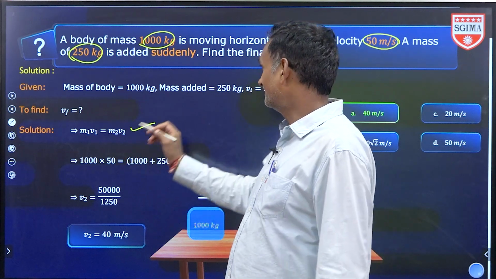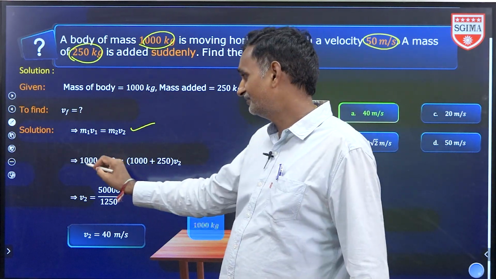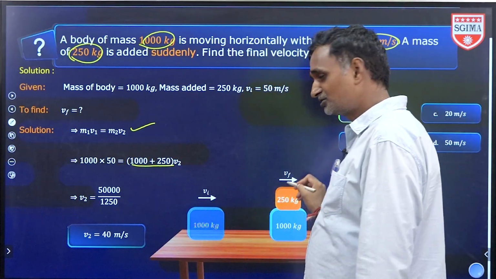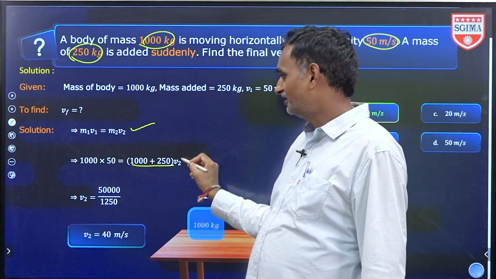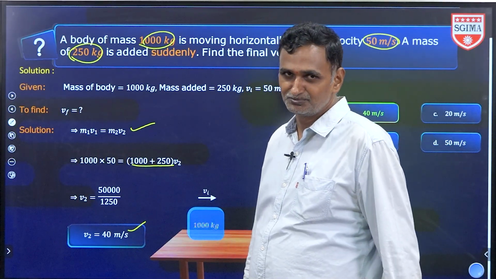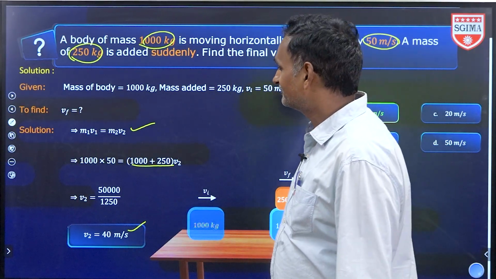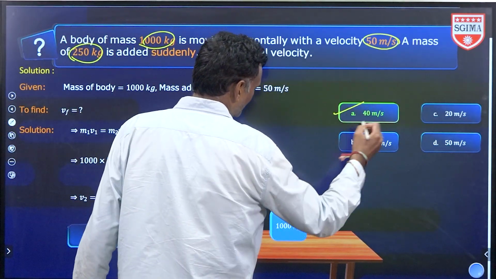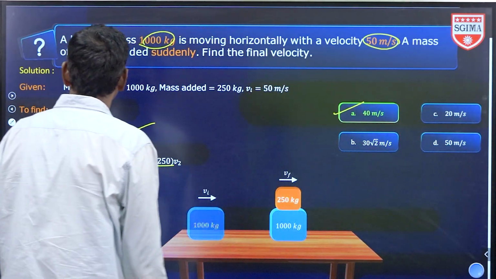Initially it has a speed of 50 and mass 1000. Finally it becomes 1000 plus 250 because both masses are there. So V2, on simplifying, we get 40 meters per second. Okay, so this is the way we can solve the question. Our answer, 40, is in the options. Okay? Next let us see,